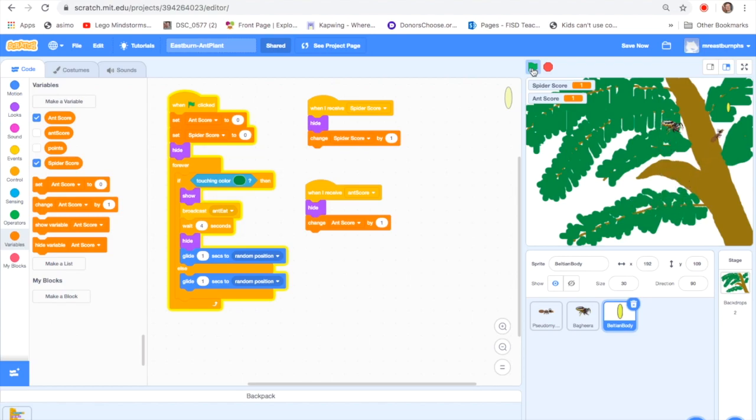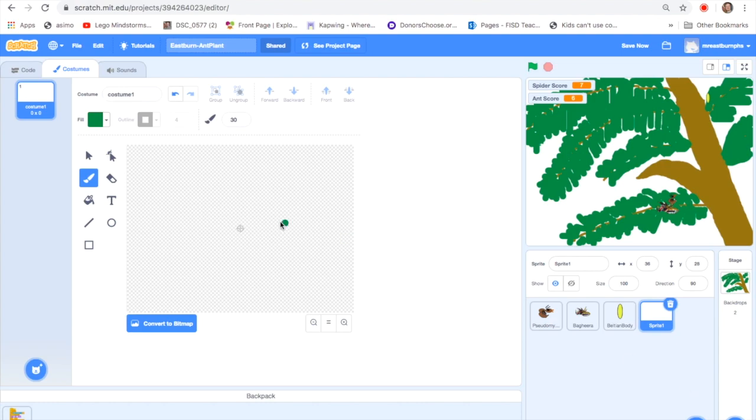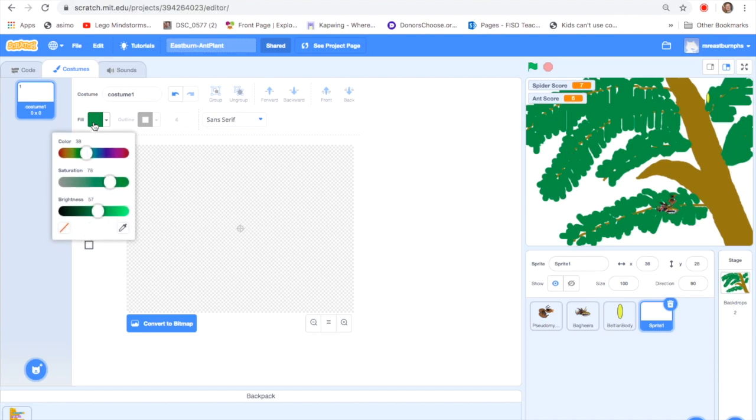Now, where would I want to go from here? Maybe I want to set a threshold. Maybe I want to set an upper limit where I decide that either the spider or the ant has won. Okay, so like I said, this is where I would want to set a certain threshold, where I might decide that either the ant or the spider wins. So I could send a message that would stop the game, and